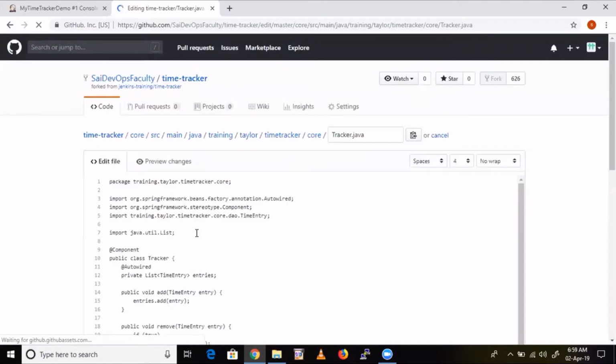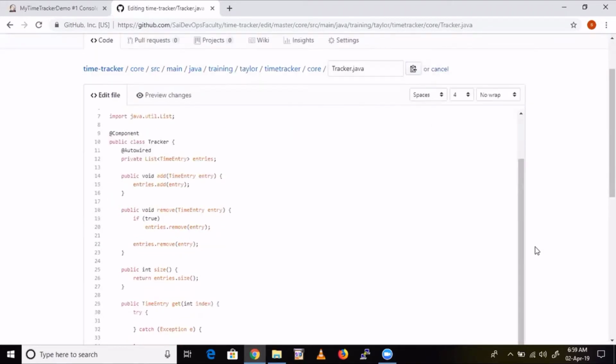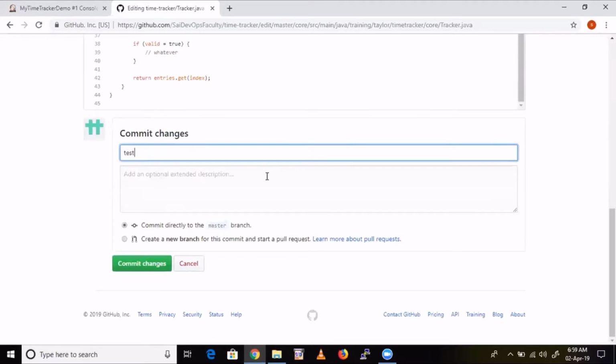Suppose, at the end of the third line, I'm giving 2 slashes. That means I'm commenting these lines. Once Maven tries to build this, Maven will ignore these 2 lines. But these 2 lines are mandatory to the build, so it will throw errors here. I'll comment here itself: Test to GitHub. Right? There's a problem with this code. Now while doing the build, definitely Jenkins should throw error. So let's see that one.